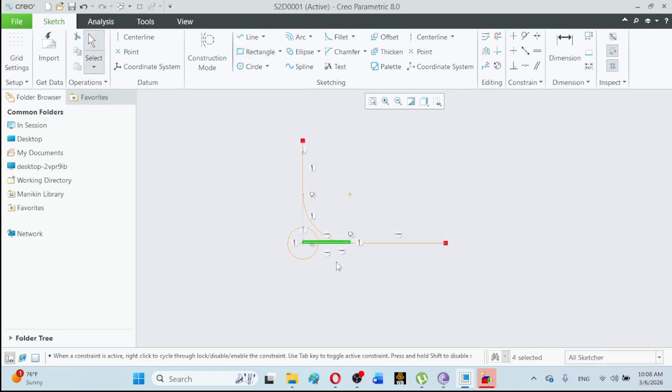Means the points for this fillet radius can be used to define an existing geometry. They can be extended from an existing geometry. So this is the way to define